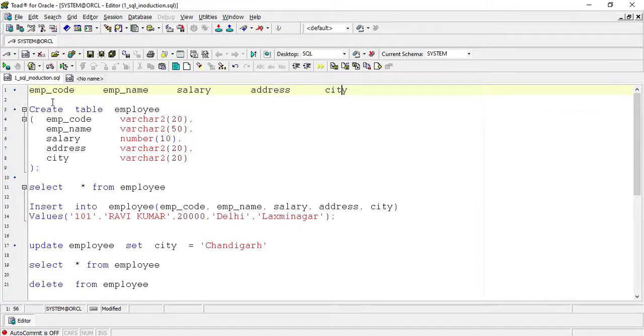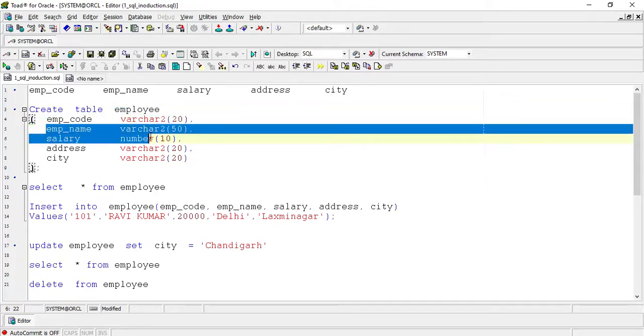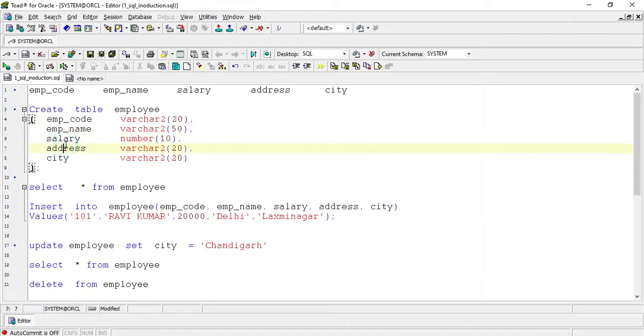Here I have used a create command: create table, after that table name, open bracket, emp code, column name and data type. Same for emp name, data type, salary, data type, and address, data type, that is varchar 220, and city varchar 220. After that I am closing the open bracket and using a semicolon.